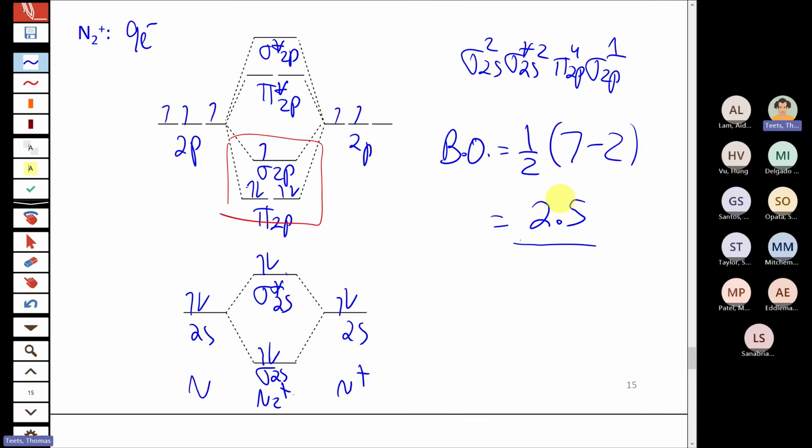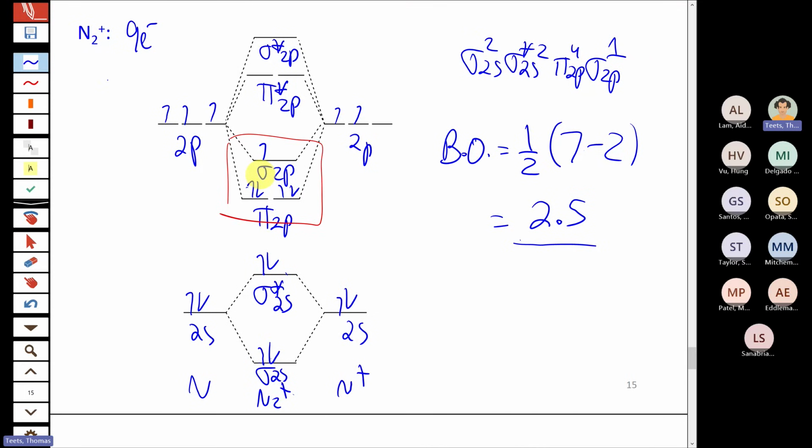So if the molecule has an even number of valence electrons, which will be true for all the neutral molecules, and also some of the ions as well, if they're doubly charged, you would expect a whole number bond order, typically 1, 2, or 3, or 0 if it's unstable. But the magnetic properties, it could be diamagnetic or paramagnetic. You can't predict that from just the number of electrons in the formula, okay? So for an even number of electrons, it's going to be either diamagnetic or paramagnetic, and you have to populate the orbitals correctly to make that prediction. It will have either 0 unpaired electrons, which is diamagnetic, or 2 unpaired electrons if it's paramagnetic.